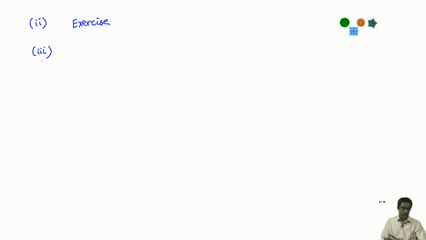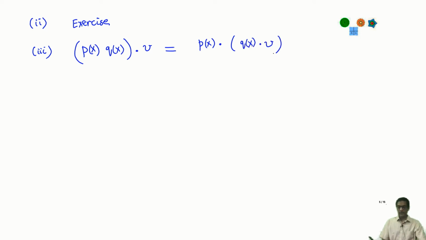The third axiom, which is that if I multiply two scalars, in other words, I take two polynomials p of x and q of x and I multiply them in my ring R and then act on a vector v, then the answer should be the same as the answer I get when I first take p(x), act it on the answer that I get when I act q(x) on v. Okay, so this is what I need to check again. I need to see if this statement is true for my third axiom. And again, let's write both sides out.